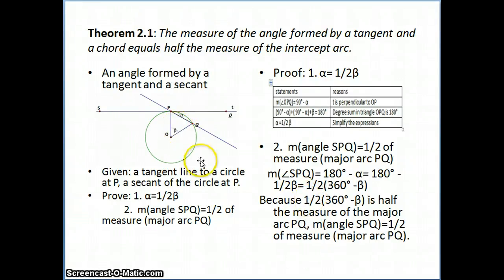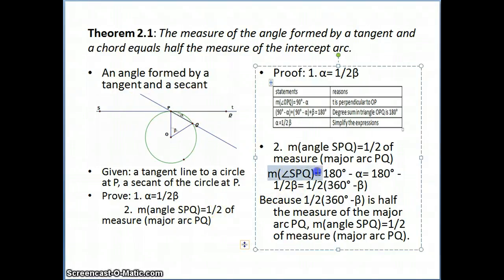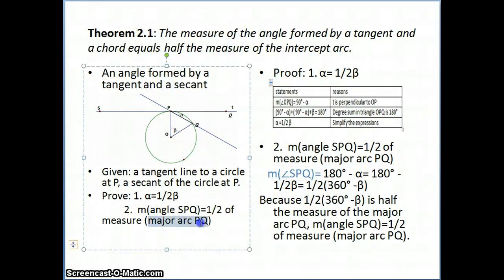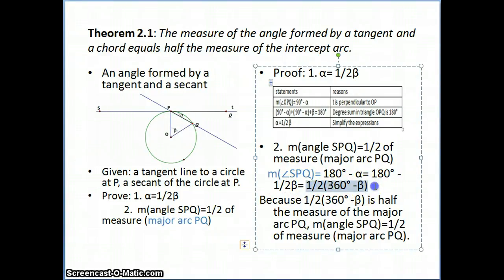So we have two things. The left side is the measure of the angle SPQ, and the right side is the measure of the major arc PQ, which is 360 minus beta. So clearly we can see the measure of SPQ is exactly half of 360 minus beta. So we proved